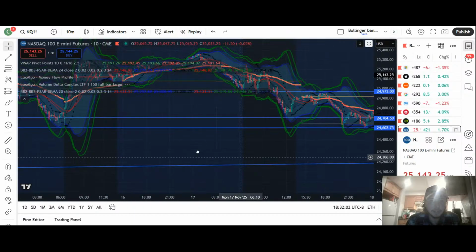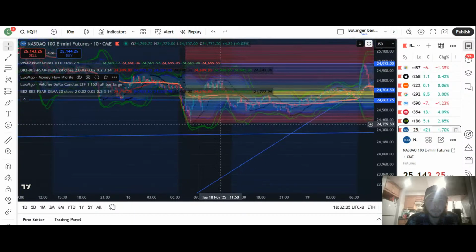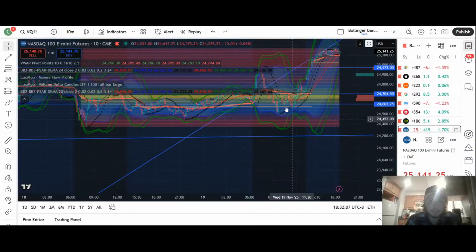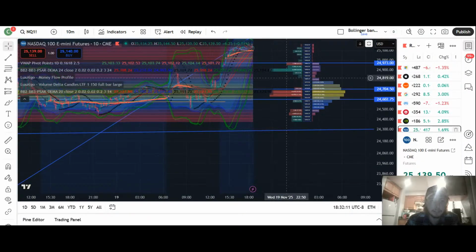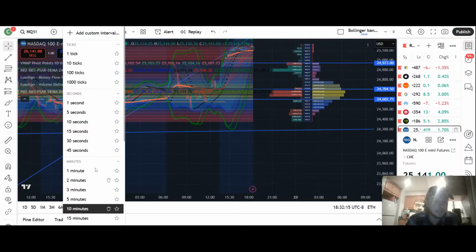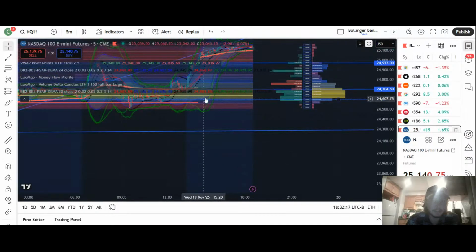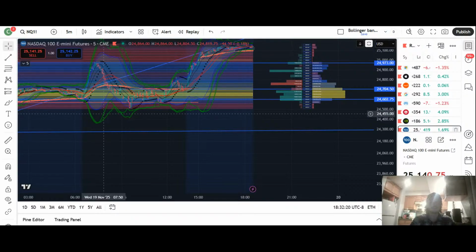And this is why the volume delta candles are really good to create some nice ranges. Because it just helps you out with all this stuff. And then this little range bound area can help you because the most volume is in this area. As we can see here, and as we can see here. So all of them kind of go together, and that's kind of the idea of creating Lego blocks and putting them all together like an AI type of